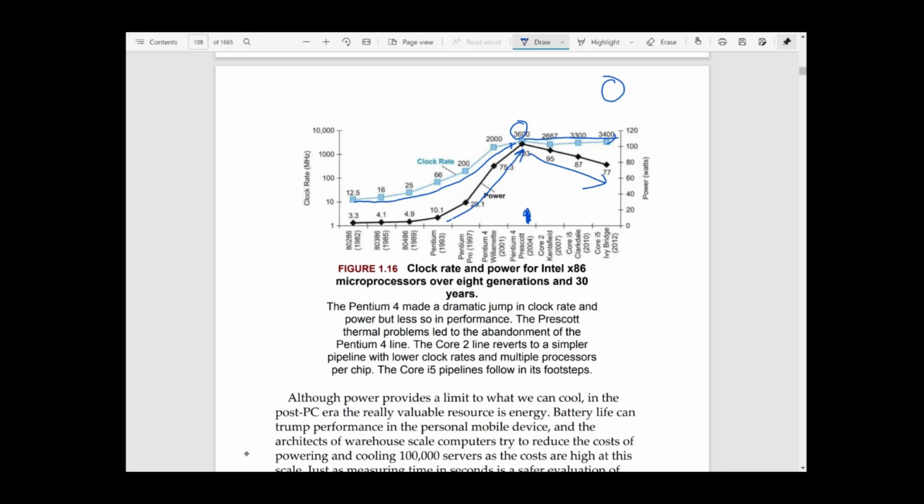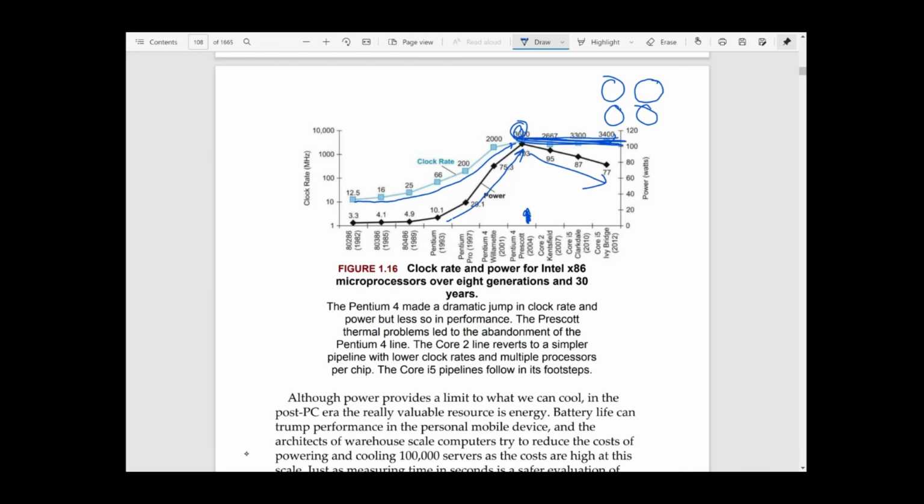But when we found this bottleneck, that we cannot increase the frequency more because of the power issue, the concept of multi-core came, and said, okay, instead of one high frequency core, let us use four cores in a computer. If we use four cores, then all four cores can execute four different applications at a time. So throughput is increasing. From this point to this point, we are getting better throughput from the processor because we are increasing the number of cores. And since we are increasing the number of cores but not the frequency, the power consumption is gradually decreasing again. So that is called the power wall problem.